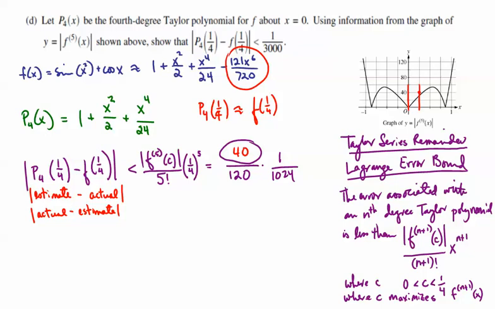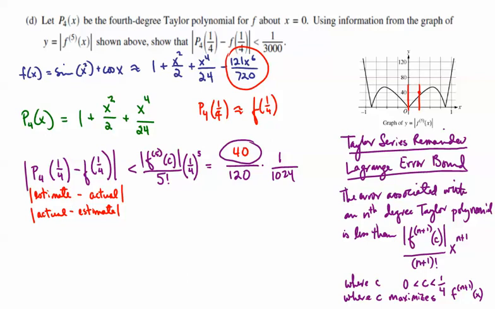So C in this case is not an actual value between 0 and 1/4 because there is no value for C that gives us a derivative of 40. However, you will see this used, and we will use this strategy to find an upper bound